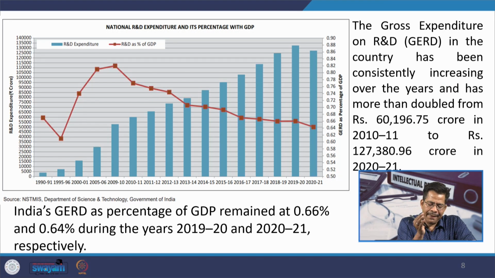After understanding this theoretical aspect of budgeting, now let us see budgeting in context of intellectual property portfolio. As I said, we will be discussing this at two levels, one at the macro level and another at the micro level. Now, at the macro level, I present some of the data of Government of India, and here if